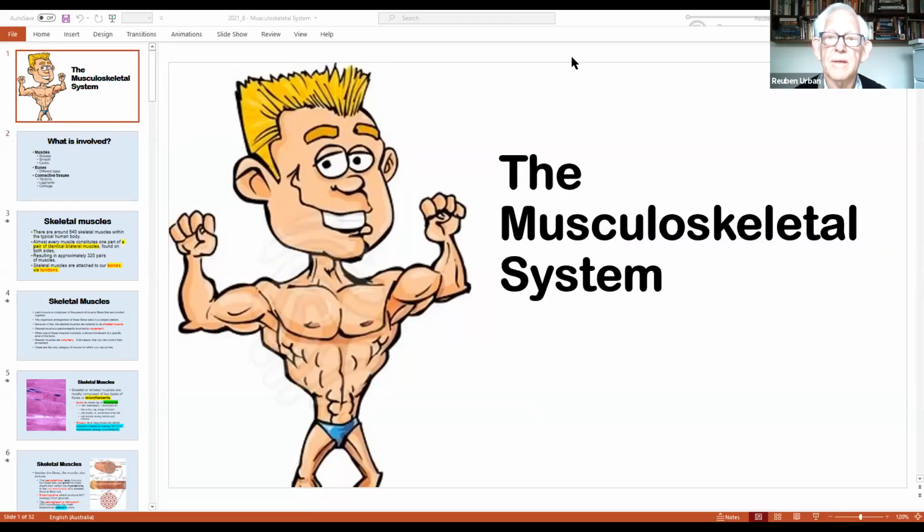Hang on. Now I've got three different windows open, so I'll just get rid of two of them. Okay, you should be able to see that now. Yeah. Okay, so I thought something different, and